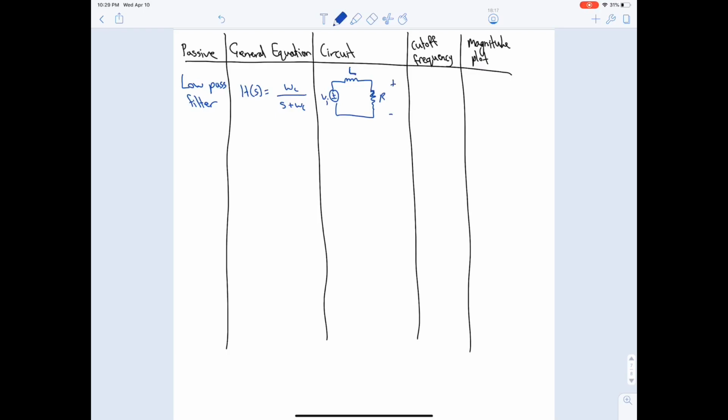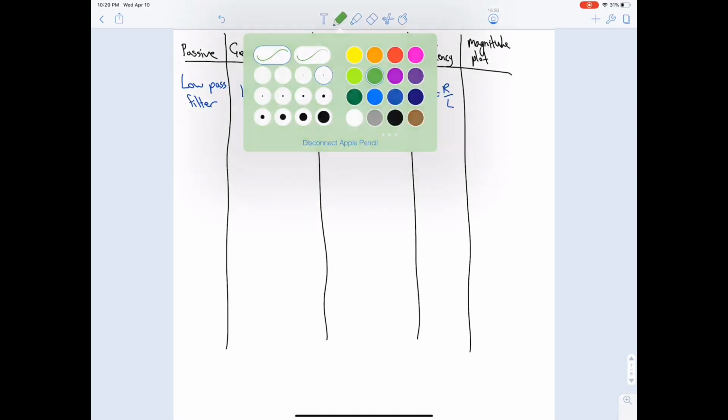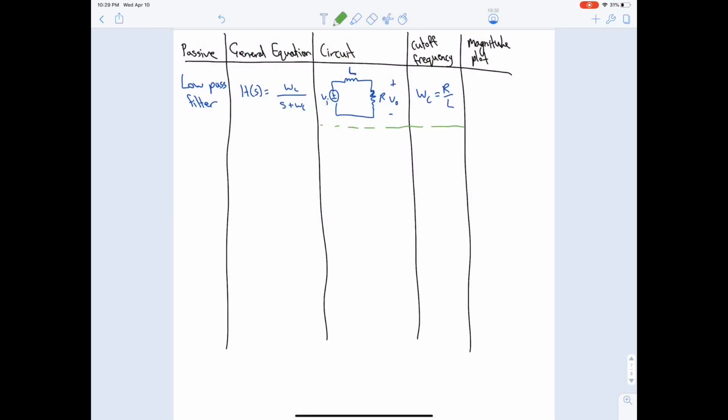Okay, this is the output. The cutoff frequency for a low pass RL circuit is omega c equal to R over L. Okay, the other form for the low pass filter is